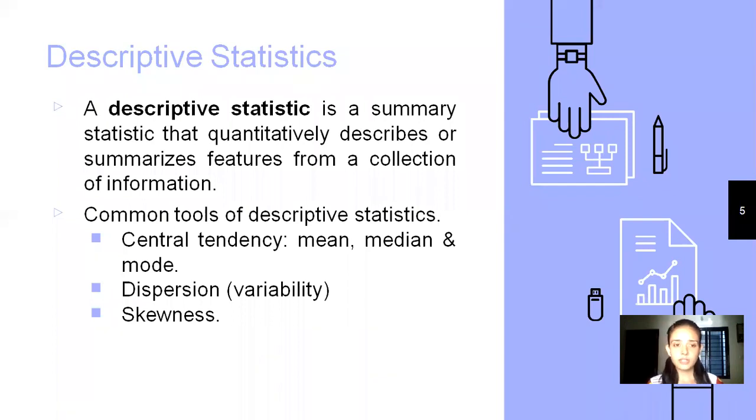Now what is descriptive statistics? Whatever information you are having in your data set, it will summarize the data set. So descriptive statistics will describe your data set. From the word describe, they have given the name descriptive statistics. It will make use of central tendency, that is finding the mean, median, and mode. It will make use of dispersion, that is the variability, measures of variance, and the skewness. All this we will study later on in the next lectures.